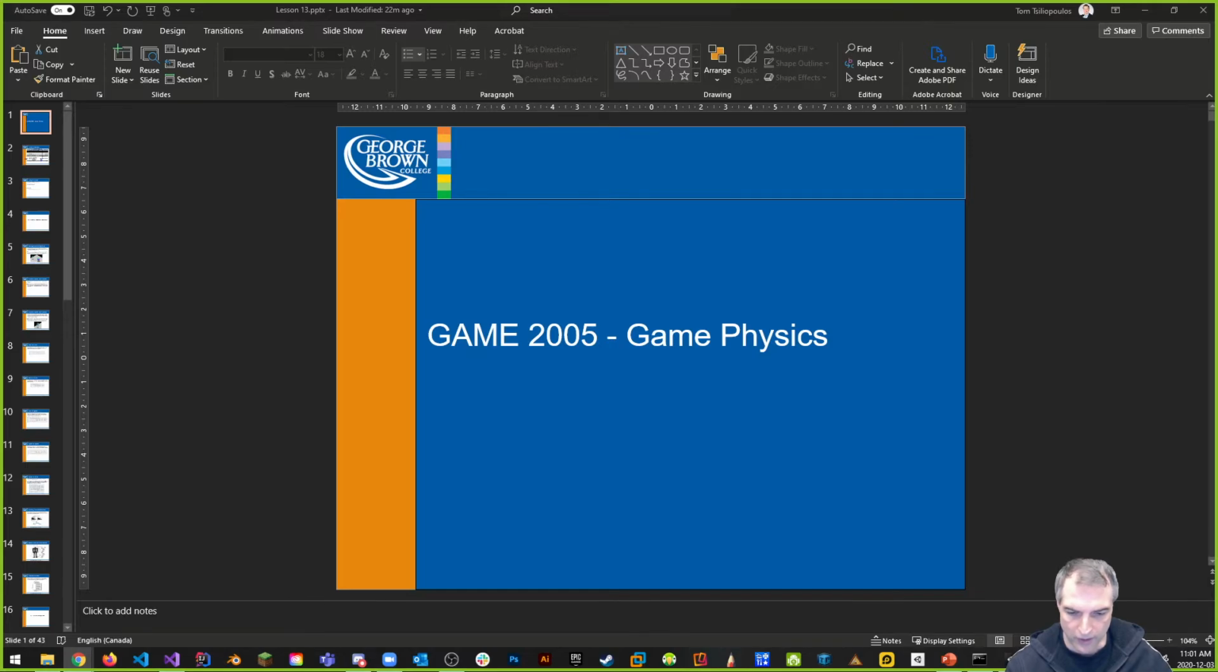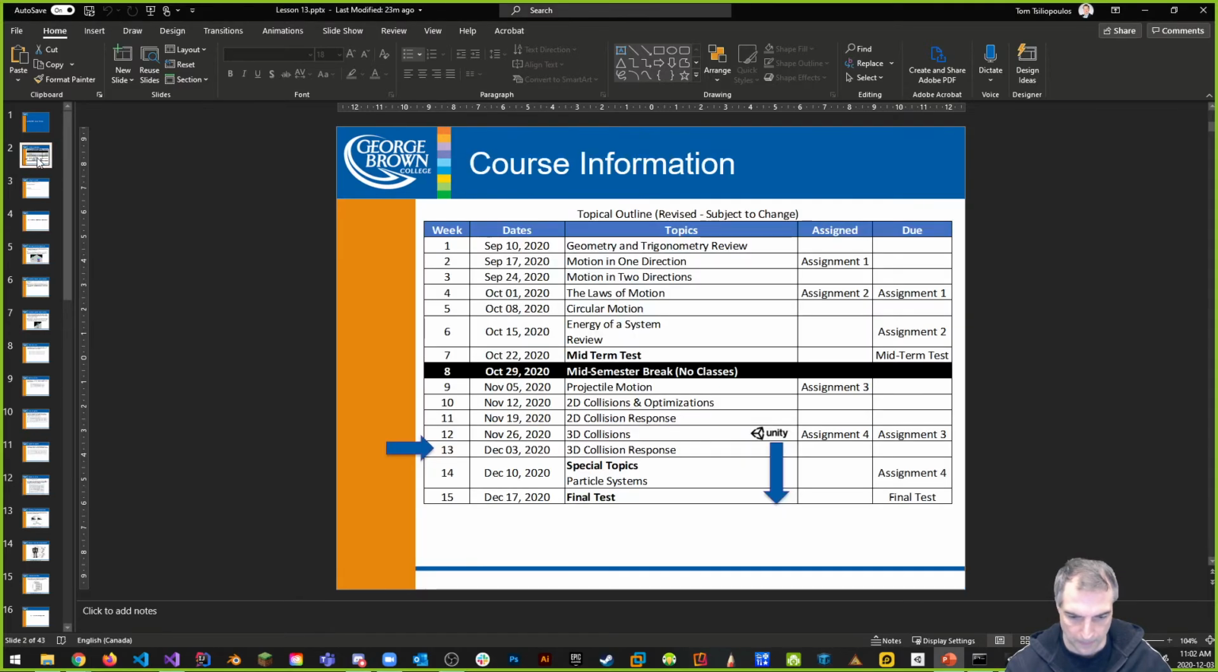Alright, welcome back. We are Game 2005 in the Fall 2020 semester at George Brown, and it's Game Physics, and it's week 13. Alright, let's talk about where we are. We're sitting at week 13, 3D collision and response. We're also going to talk just a little bit of 3D collisions, not just the detection, but the response part